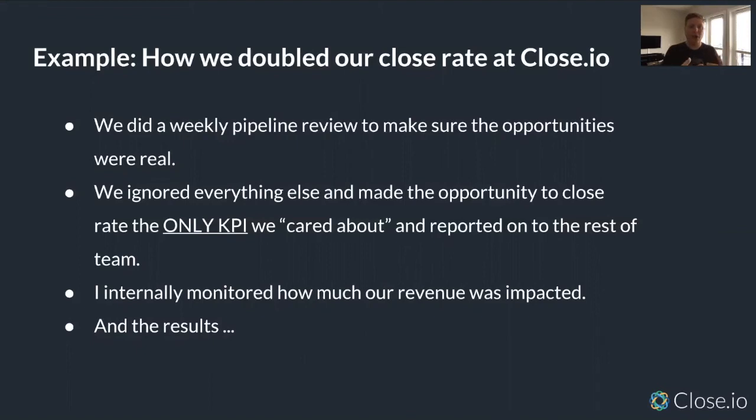And then on my own internally, I monitored how the revenue was impacted, because when you're trying to increase your opportunity to close rate, you're naturally going to reduce the number of opportunities that get created. I wanted to see how much that was going to negatively affect revenue. That was something on the side that I was looking at to see if that was a big lever, because as I'm doing an experiment, I want to make sure I don't break the whole process. So I had a side KPI that I was looking at myself.